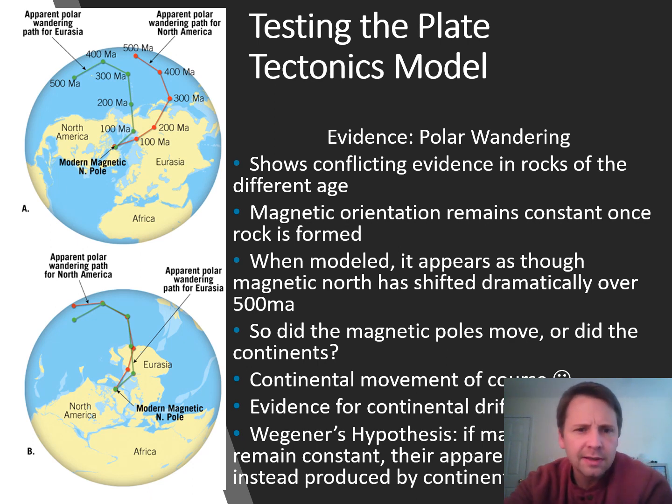If we look at this image here, given the present-day magnetic North Pole just outside of Greenland, we have two different tracks: the North American track here, and Eurasia here, right? If we work backwards, given the evidence that we find,